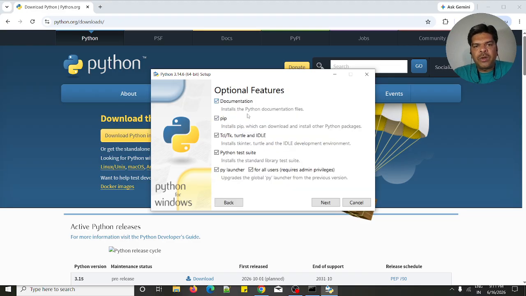So documentation is going to be installed, and pip is going to be installed. Pip is the one we need to use when we are downloading and installing Python packages and libraries. If you want to install them, you can use pip. And IDLE is the IDE for writing your Python programs. Okay, so yes, and click this